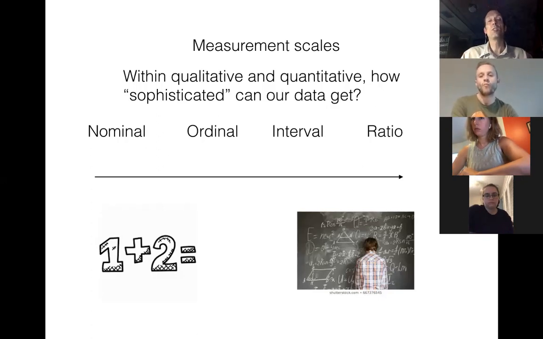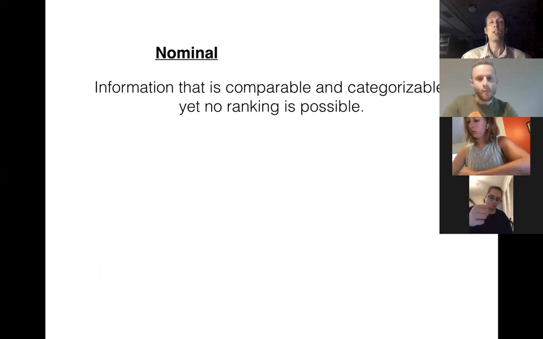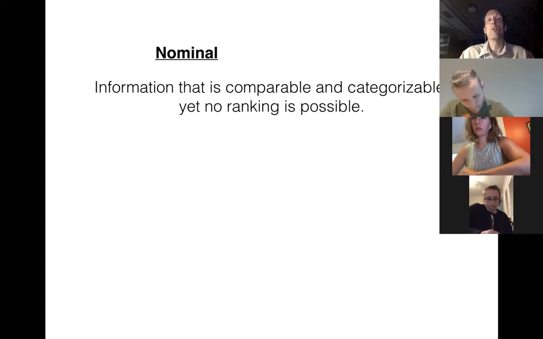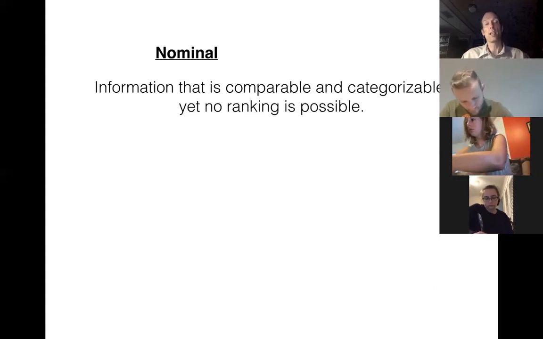Now, when I say the definitions, we're talking max 2 sentences that you would need to identify. So these are very, very basic definitions, and we'll take a minute to go through them one by one here. So if you have something like nominal, you need to know that nominal information is the simplest kind of data. It's comparable and it's categorizable. The catch is that there's no ranking possible. You don't have any way of taking one data value and saying that it's any better than another data value. And you need to know that sentence, that's definitely going to be asked.